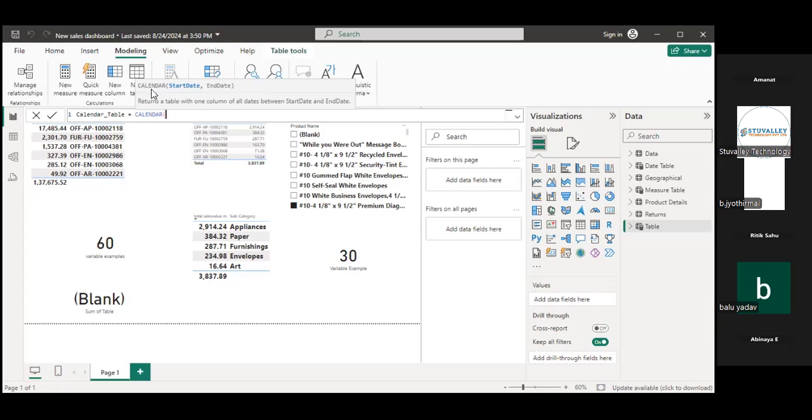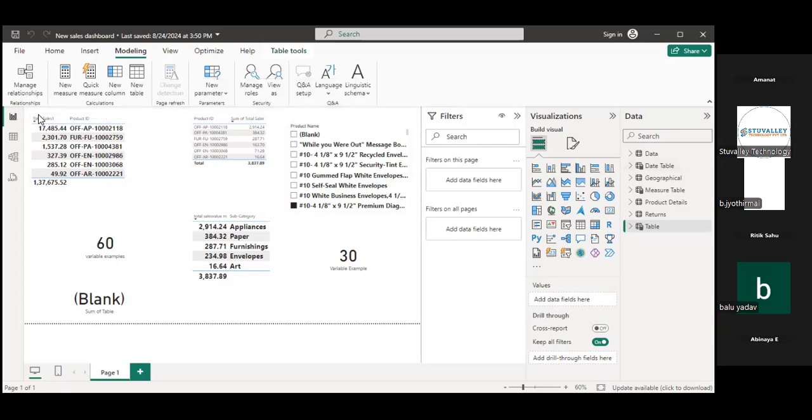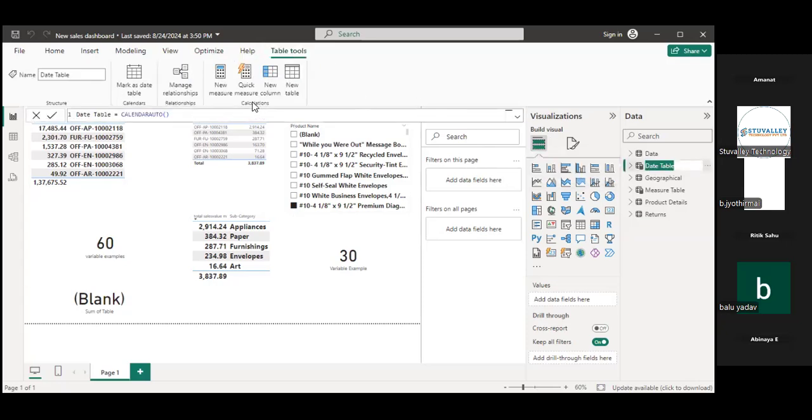स्टार्ट डेट और एंड डेट यहाँ पर आपको यूज करना होगा. बट इफ आई यूज कैलेंडर ऑटो फंक्शन, दैट आई ऑलरेडी सिंपली डिलीट इट. तो कैलेंडर फंक्शन मैंने आपको दिखा दिया, इसका यूज वी ऑलरेडी कवर्ड. एंड हियर इज द टेबल, प्रैक्टिकल एग्जांपल ऑफ योर कैलेंडर ऑटो. नाम उसका डेट टेबल कैलेंडर ऑटो दिया है.